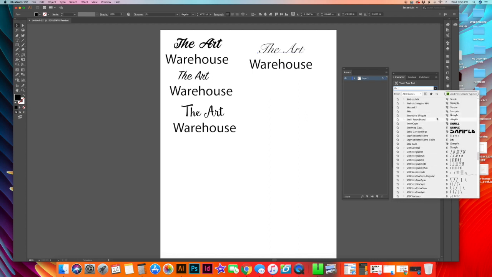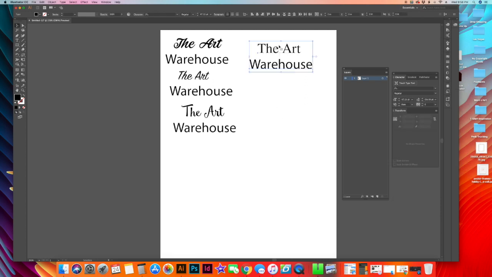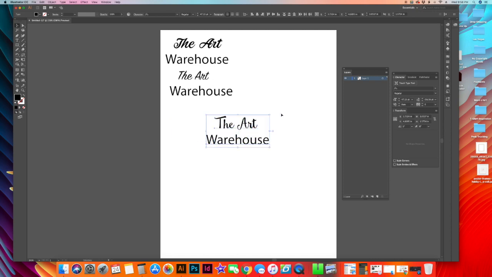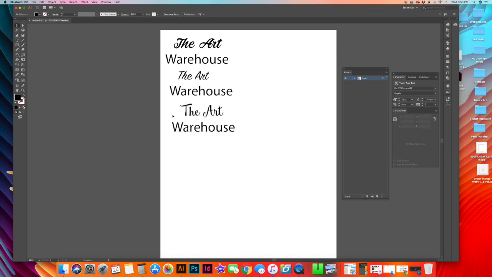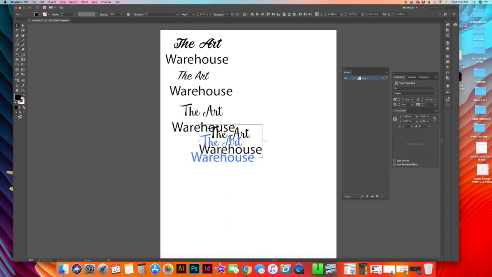So I don't really see anything else that's catching my eye. We're just going to go with these three right here. With these three, like I said, this one right here is my favorite so far. So now I'm going to focus on warehouse. Even though these are still plain, I'm still just going to keep creating from what I already have. So then I'll just take this one